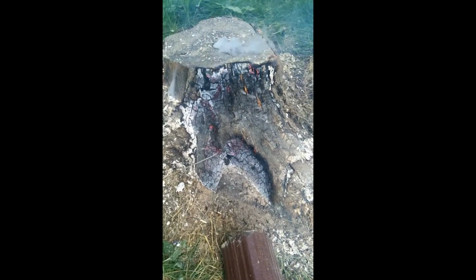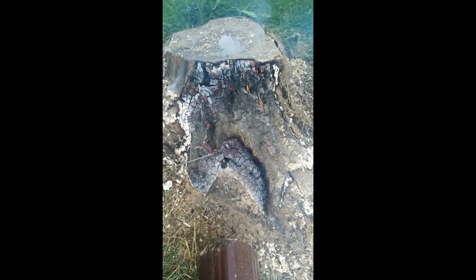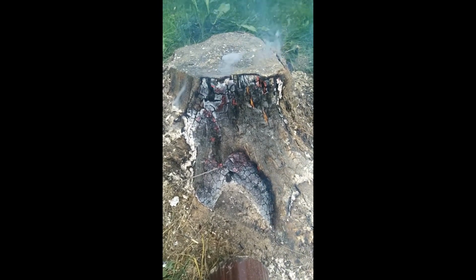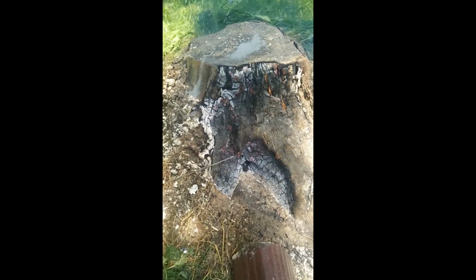It is about an hour in. Still have a long way to go. The heat is quite intense and the hole is starting to widen up and go through. But this is something that could take all day. We'll